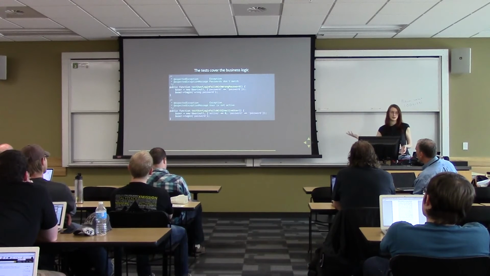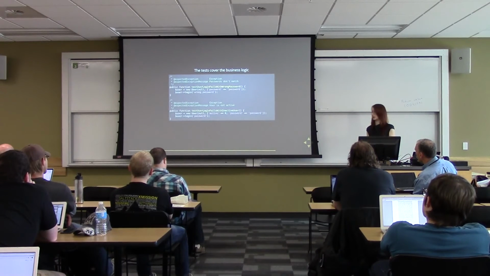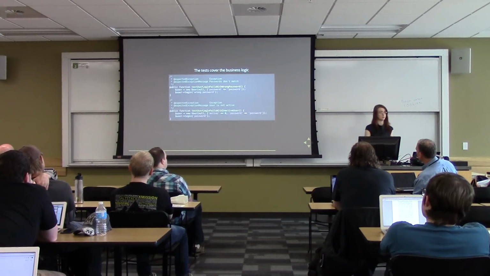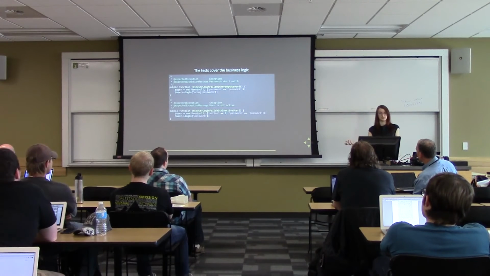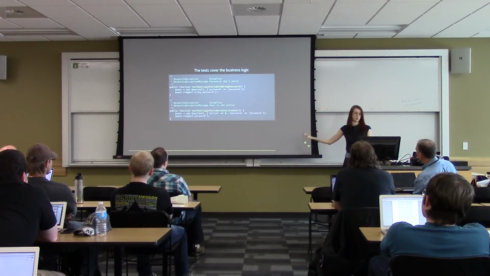So here's what our test could look like for this. You'd have other tests for the by name routine that would look a lot like the test for by ID. The interesting tests here are for our new login method, where we're just doing business logic, no data access. We create a new user with a password, and we check to see if it can log in with the wrong password. If this test gets all the way to the end without throwing an exception, PHPUnit will yell at you, because you've annotated it at the beginning with: we're expecting an exception, and this is the message we're looking for. Same routine with checking for an inactive user.